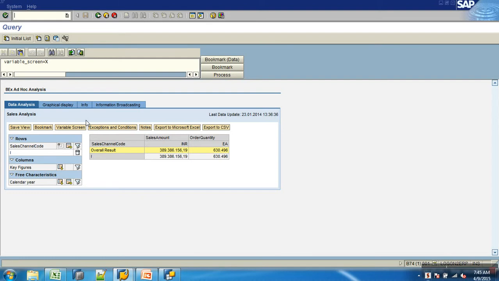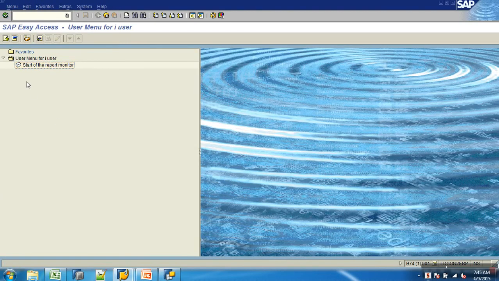Is this clear? This is a characteristic value variable with user entry as a process. Sorry, authorizations as a processing type. Clear? RSRT is the query monitor, where you can run the query. If it just has the query, you can run that. Explicitly, the technical name of the query is needed. Otherwise, you will find that query in the menu itself. If you just give it that, you can double click on it and then get it from there.